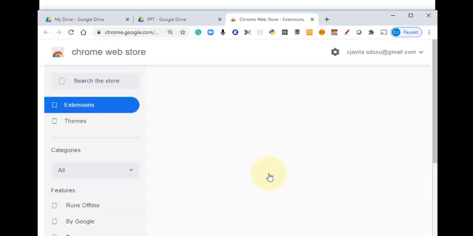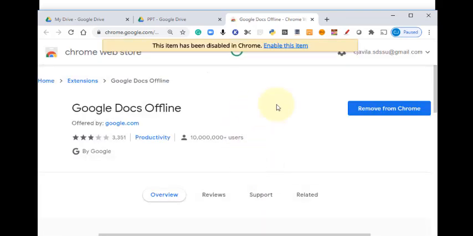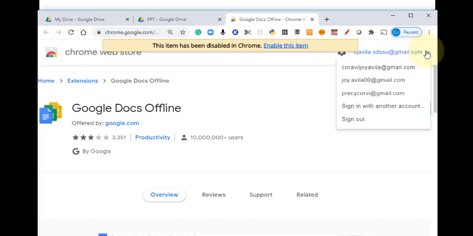Then Chrome will link me to the Google Docs offline extension. Actually, I just have to change this one through the account that I'm using, because using this account I already set it up into offline. So every time that you use a different email, you also need to add or allow the settings for Google Docs offline. So since I'm using this one, okay,